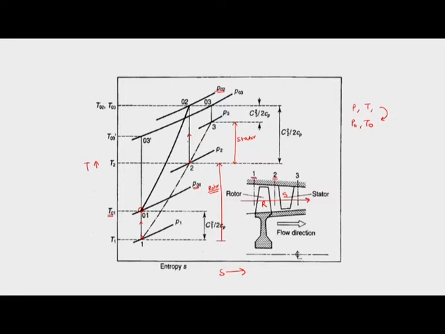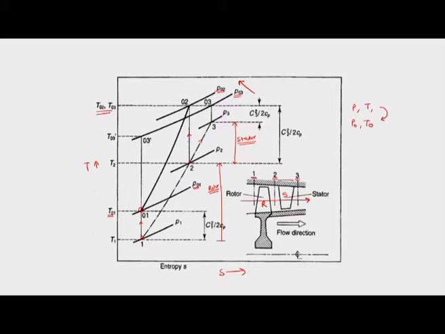So, in case of stator, we have again static pressure rise 2 to 3, but at 3, if we isentropically stop, then we will reach not 3, but there is no work addition in the stator. So, there will not be any change in total temperature between not 2 and not 3, or rather in the stator. So, total temperature at not 3 is same as total temperature at not 2, but the problem is that there is decrease in total pressure due to friction, since total pressure increases in this direction on the TS diagram. So, this is not 3.